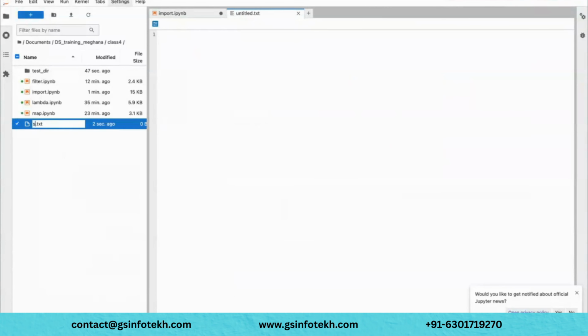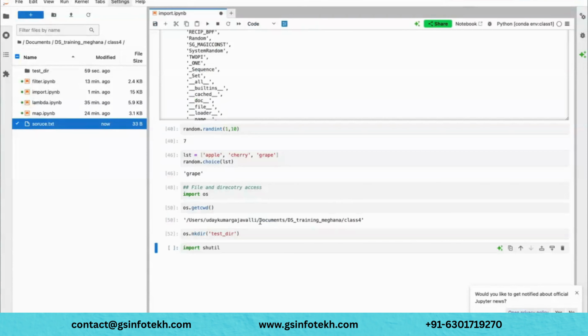I will write source.txt, and maybe I will write "this is a source file for testing," right? So what I can do is, if I want to copy these things to a file called destination, I can just call this